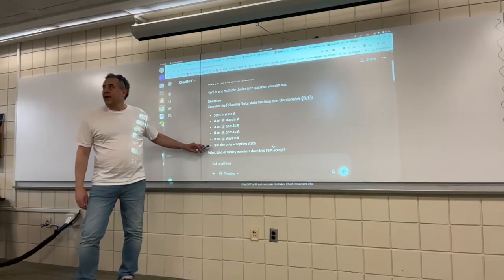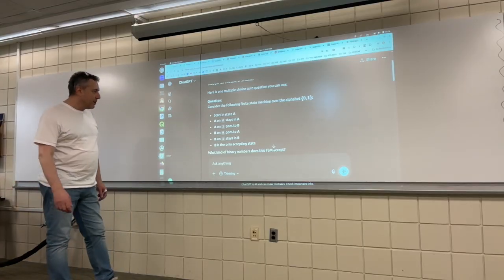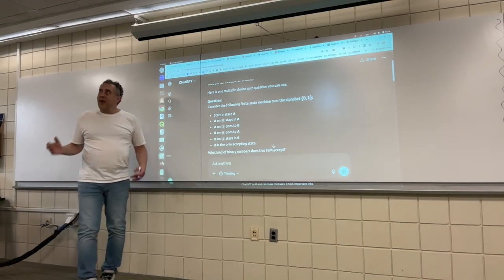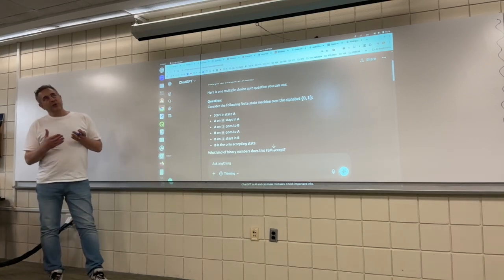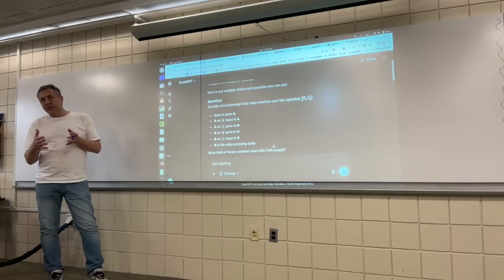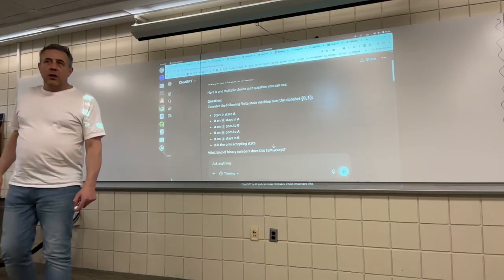And B is the only one that I should have double circled, and I see some of you maybe did. So you should double circle B. If an input takes you to state B, that means that whatever string took you to state B is one of the words accepted by it, but then the language is all of the words that are accepted. Yeah? I know the answer.